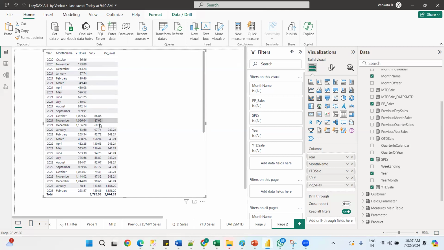So for parallel period, see here, for 2020, 2 years back, 2022 January data is there. 2020 January, any data is there? No data, but we are showing here January, February. So that means whatever the data within that month, it will aggregate this plus this. It will aggregate, so not this one, October, November, December. So 86